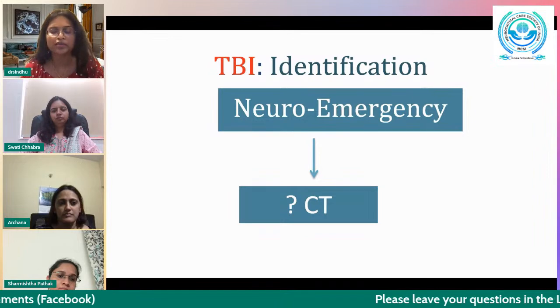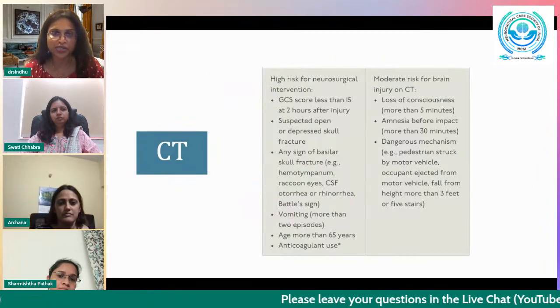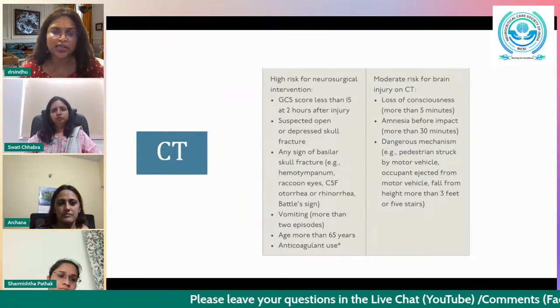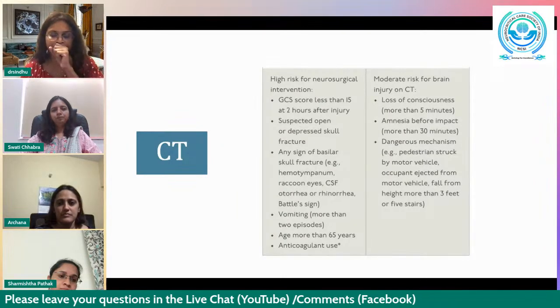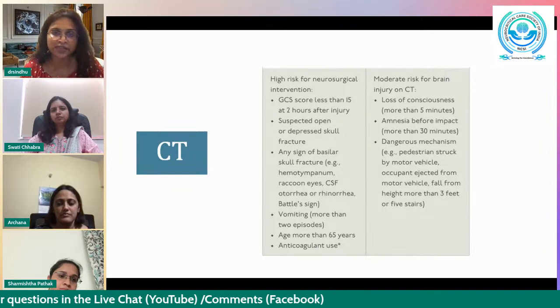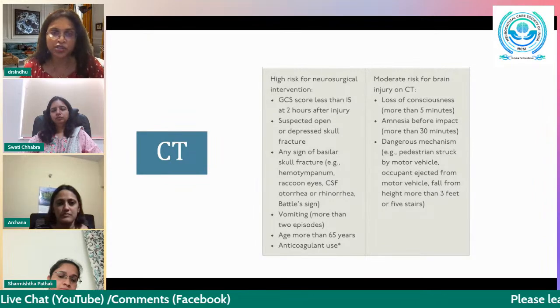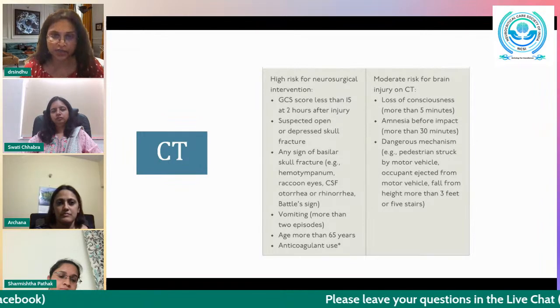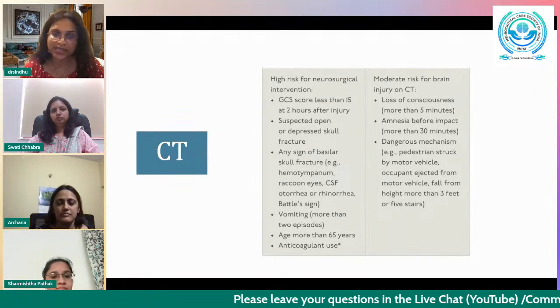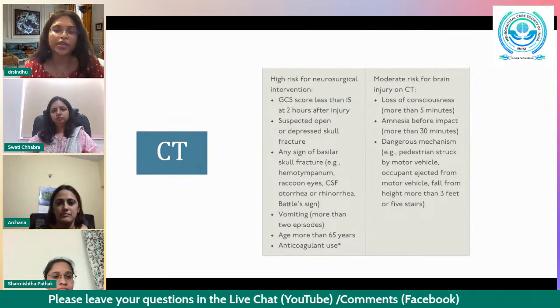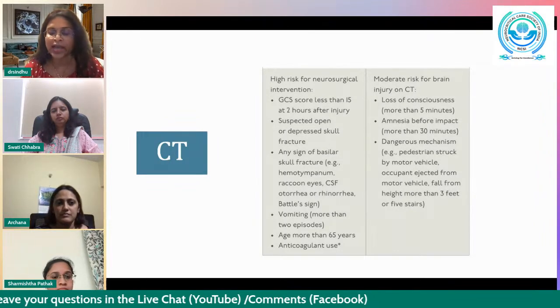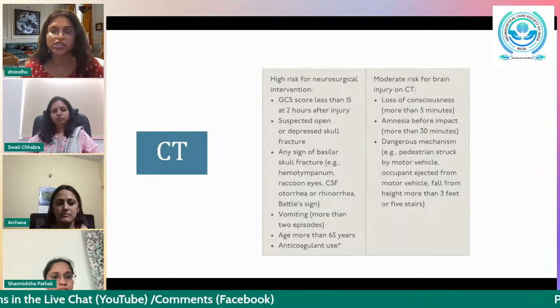Now, do we do a CT for all the patients? So it is said that there is a high risk of neurosurgical intervention if the GCS score is less than 15 at 2 hours after the injury, or if there is a suspected open or a depressed skull fracture, or any sign of base of skull fractures like a raccoon eye or CSF otorrhea or rhinorrhea, and if the patient has more than 2 episodes of vomiting, and if there is an anticoagulant use, or if the age is more than 65